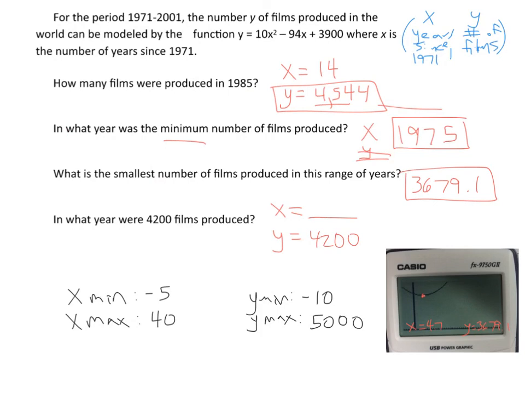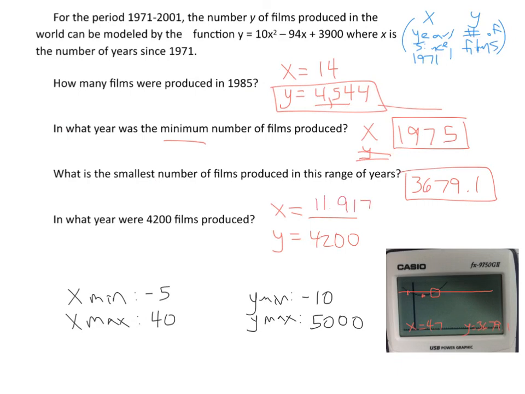What that means is we're going to go to our calculator and go to y equals and go to y2 and type in 4,200 and graph it. What you're going to see is a line going through right around here, and the first point that they intersect is over here, which is a negative number of years, so that's not going to be our answer. The second place they intersect is right here, so we're going to find our intersection for that location, and we get